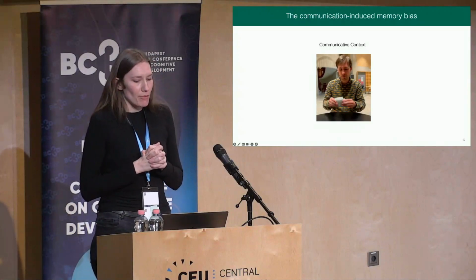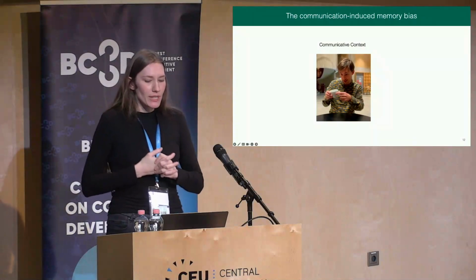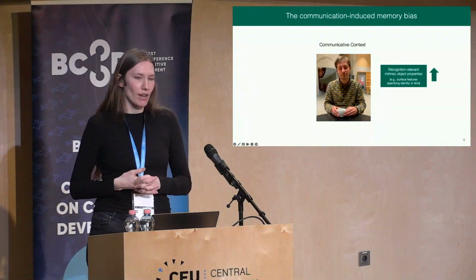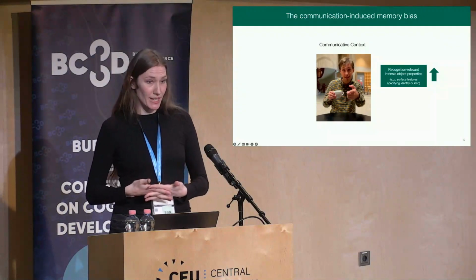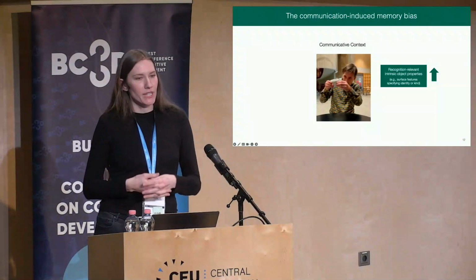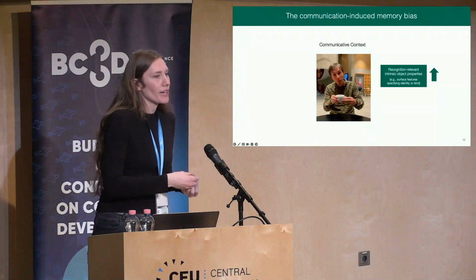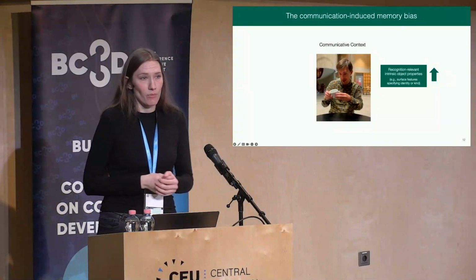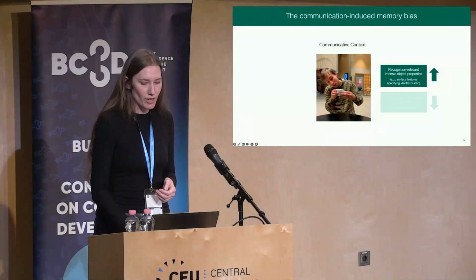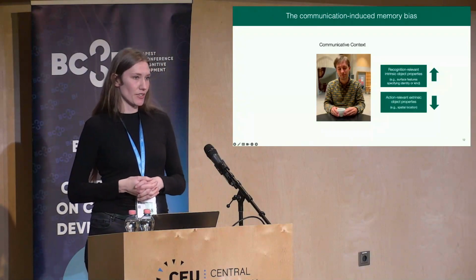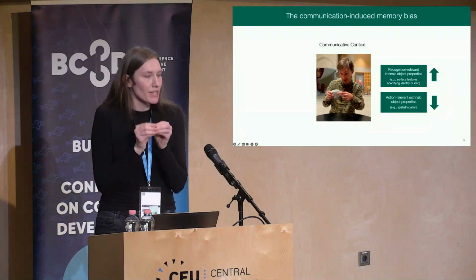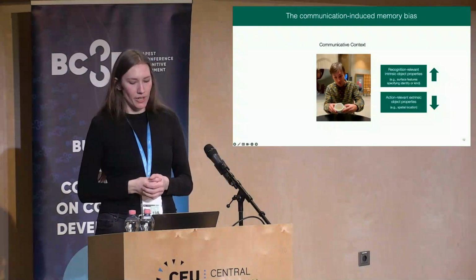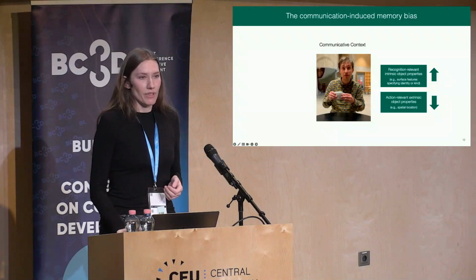Specifically, the memory bias assumes that the presence of communicative context biases infants to selectively encode identity-relevant intrinsic object properties, that is, object properties allowing the infant to find an object in the future outside the situation or to detect other objects of the same kind. In contrast, transient extrinsic object features, that is, features that are tied to the specific situation, such as where the object has been located during encoding, are assumed to be less relevant.